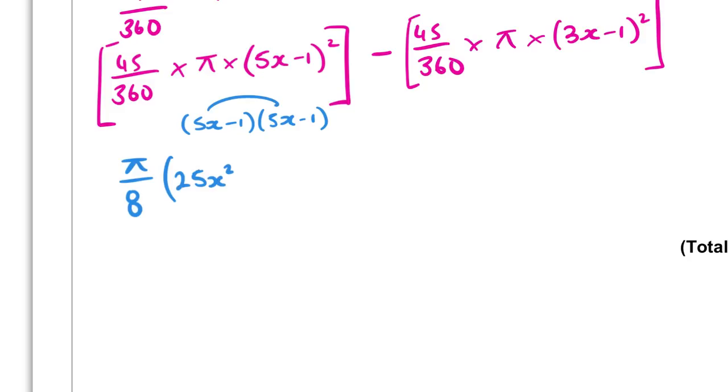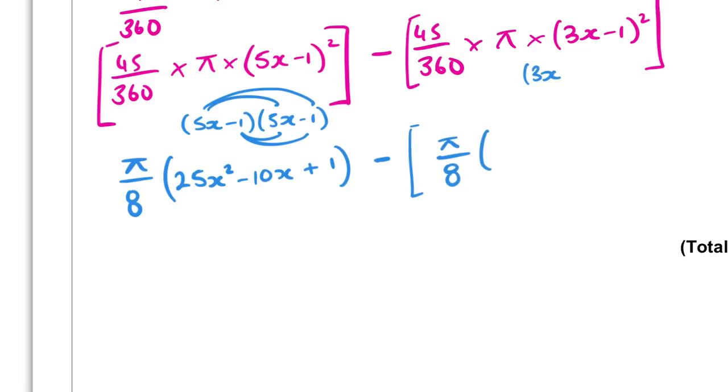25x² − 5x − 5x, so that's −10x. Yeah, I've done it in one. We should be all right with that. And then −1 times −1 is +1. And all of this is multiplied by pi over 8, technically. Right, then we're going to minus pi over 8 lots of